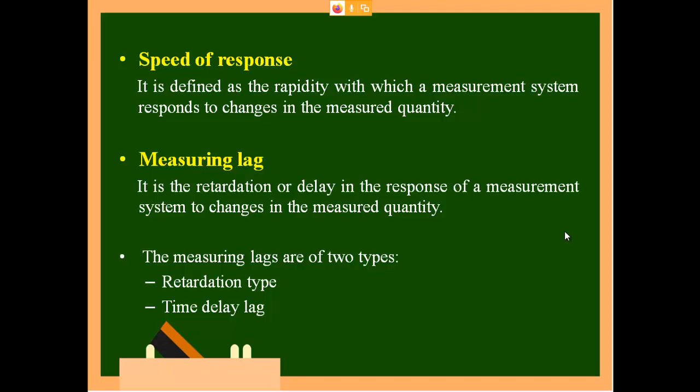So retardation is, we say humans can work from the age of 18 to the age of 58. You pick a person at the age of 59 or 60, he will have sound knowledge, sound experience, all that you will have, but he has gone for retardation. That is why the government says go and stay at home at 58, because your response, or your measuring lag, will be more. That type of measuring lag we call retardation.